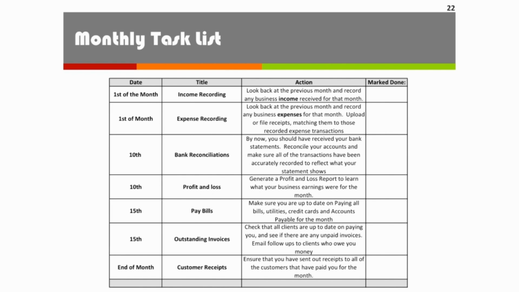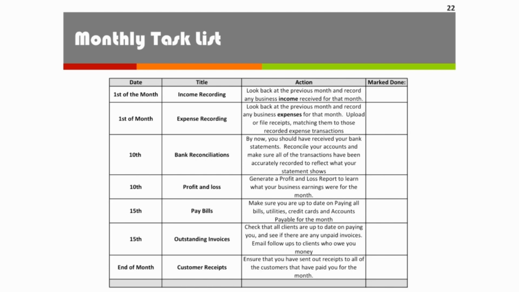Up on the top left, you'll see by the first of the month, I want to do my income and my expense recording. So for both of these, I want to look back at the previous month and record any business income I received for that month, and then I do the same thing with the expenses. I would also upload or file any receipts for those business expenses, and I'd match them to the recorded expense transactions in QuickBooks like I showed you. Over on the right column, you can mark it as done when you've finished these